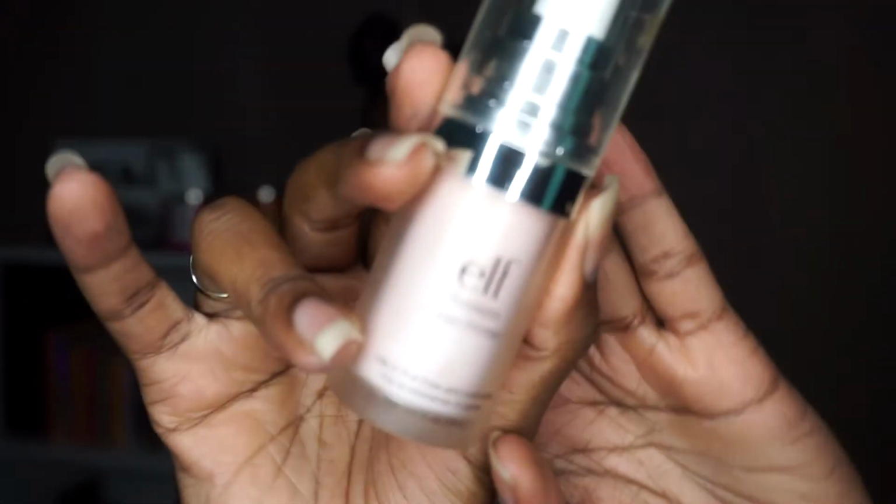I did my brows off camera just to let the video flow a little bit, so we're just going to jump right into the products my mom chose for me. So for primer, mommy chose the e.l.f. poreless face primer,